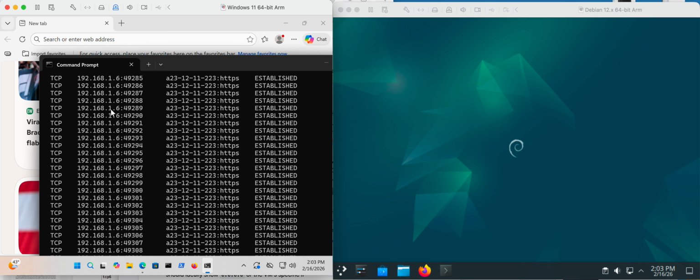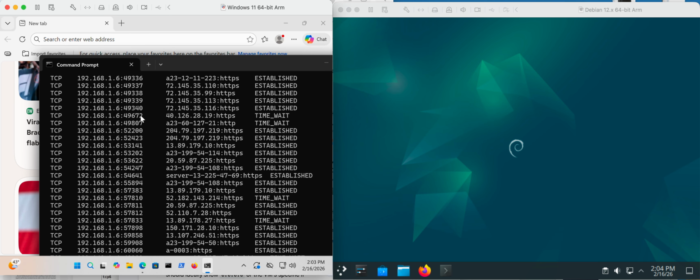You can see that the source IP address is all 192.168.1.6, and these are different port numbers. There's destination and source port numbers, so these would be source ports. And we can see that a source IP and port are sockets. So these are different sockets emanating from the same